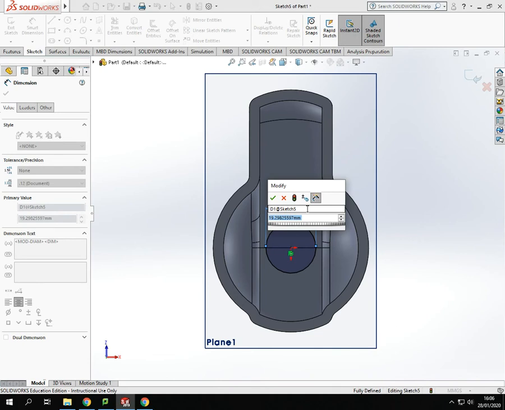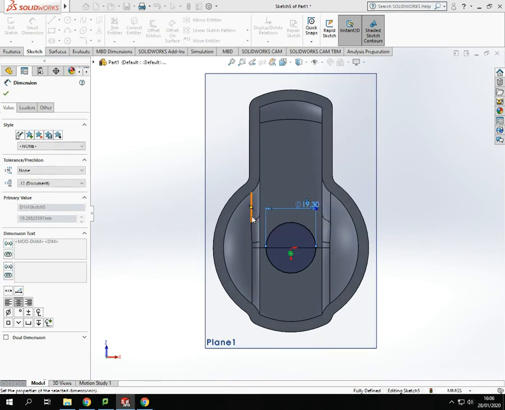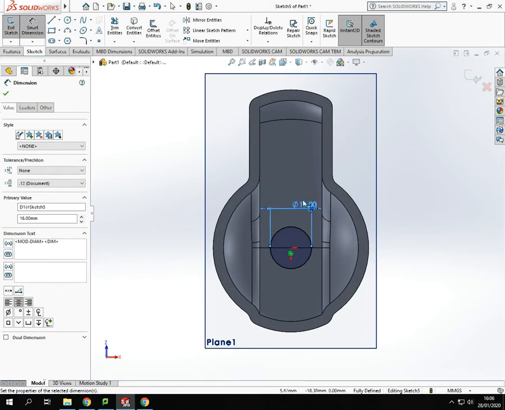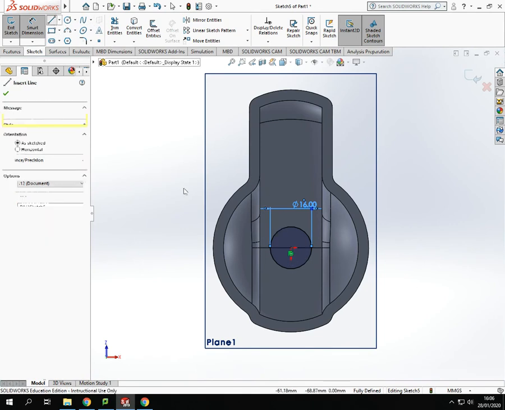Now, to make this a little bit easier for myself, I'm going to use the rib tool here. If I'm using the rib tool, it's easier if I work from the center of the thickness of the wall. So effectively, I've got 12, and I'm going to turn that to 16, because it's 4 one way, 4 the other, so half of 8 is going to be 4. So if I turn that to 16, so 12 plus the 4 gives me the 16,